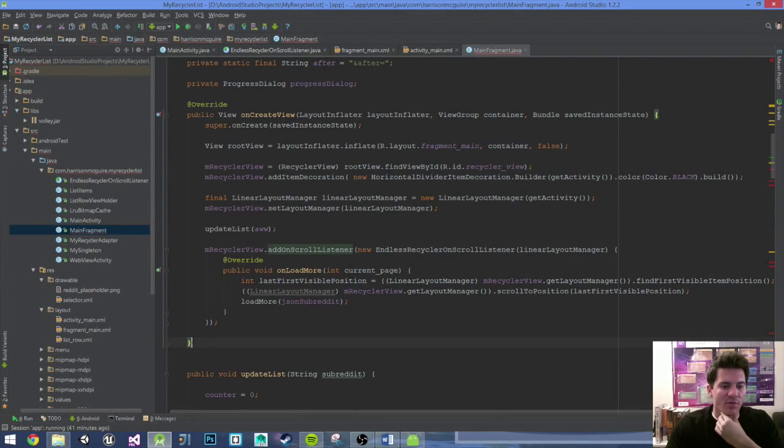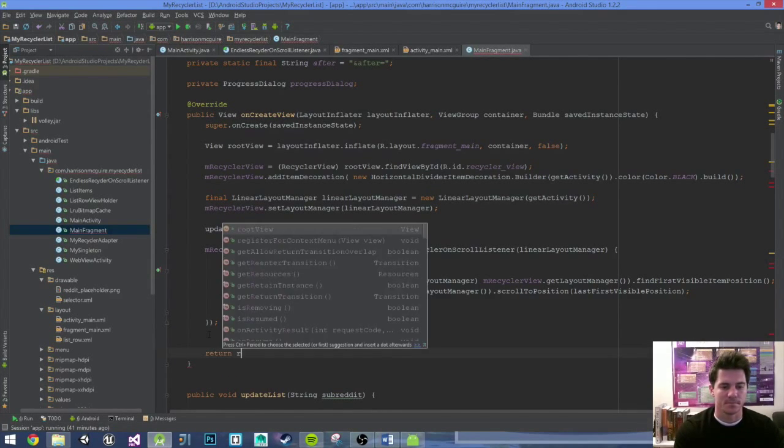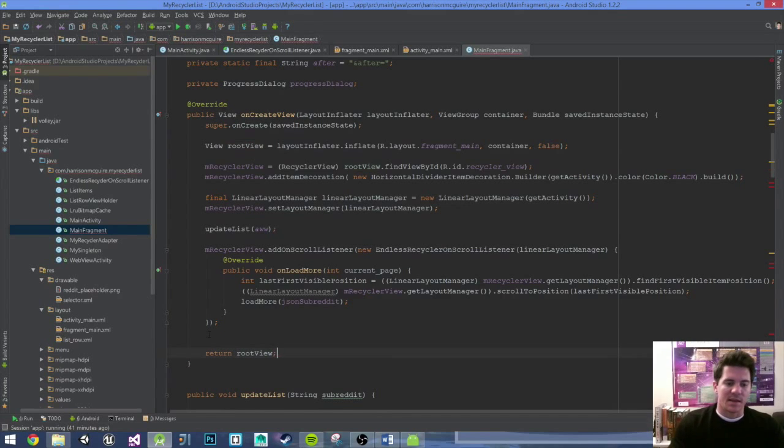So you can see that we have a red squiggly line right here. Just so we don't forget, let's return the root view, because again, it's a method that wants a view to be returned. We have a few other things to do, but real quick,